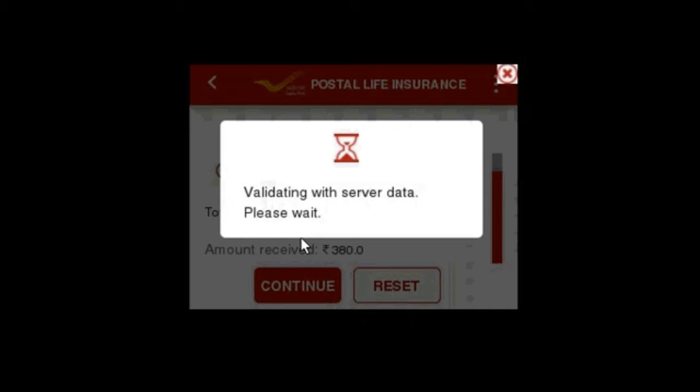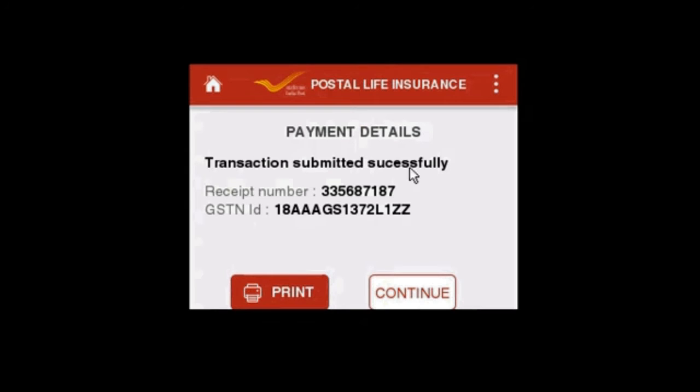Validating with server data, please wait. Now, transaction submitted successfully. We have accepted our premium. Now we'll print the receipt. We have clicked print option.